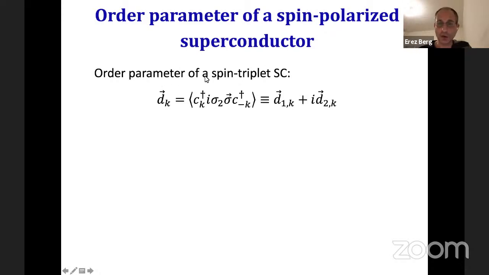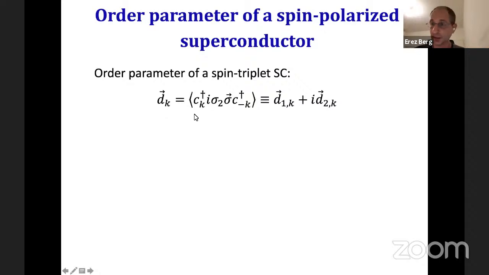Okay, so the order parameter of a triplet superconductor very generally involves also the spin. The Cooper pair has total spin 1. So to specify the state of the Cooper pair, you have to specify not only the phase of the order parameter, but also the spin. And there's a canonical way to parameterize the order parameter of a triplet superconductor, which is using the so-called D vector, which is defined in this way. That's related to the spin polarization of the Cooper pair.